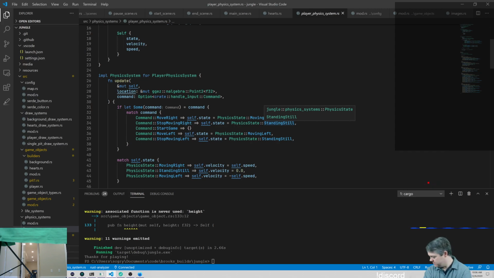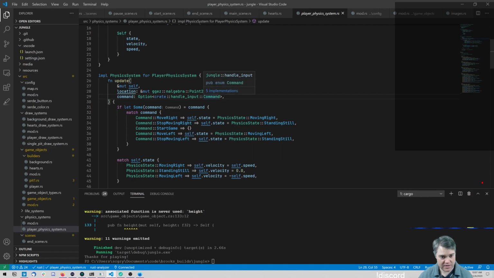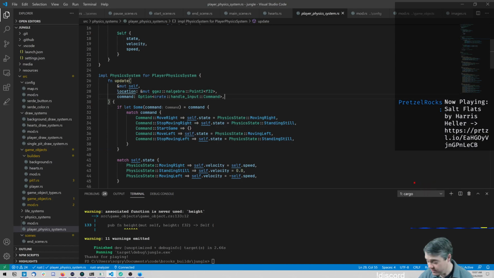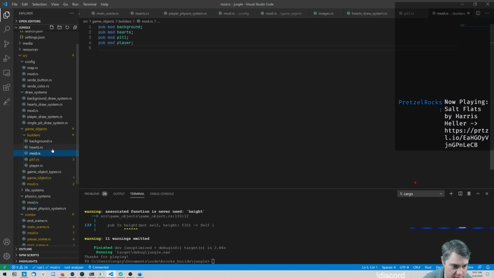And that means we need to be able to look through all the other, okay, so we need all the features. So I need to pass in to here a vector of game objects, but they should be features. And it could be a reference to the feature. So, okay, let's add that in. That means in our game objects here,